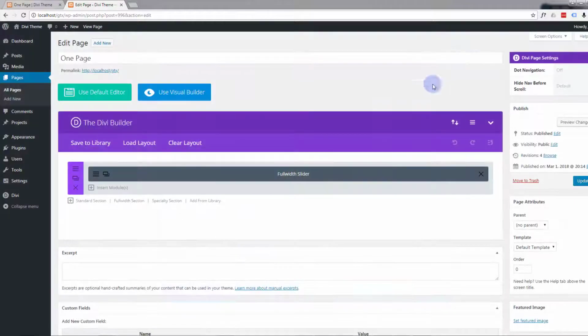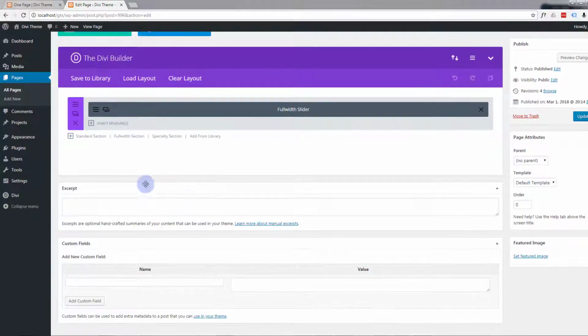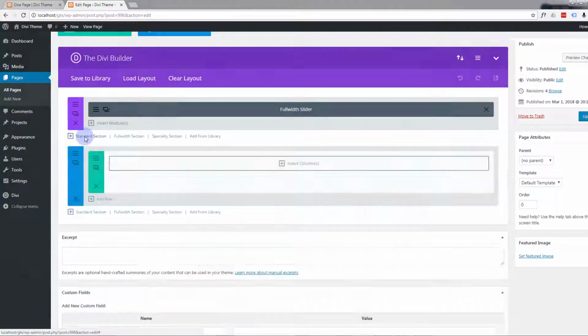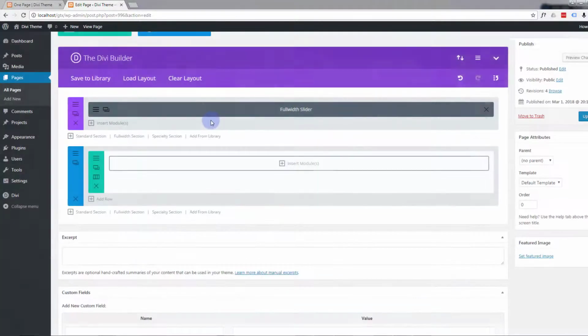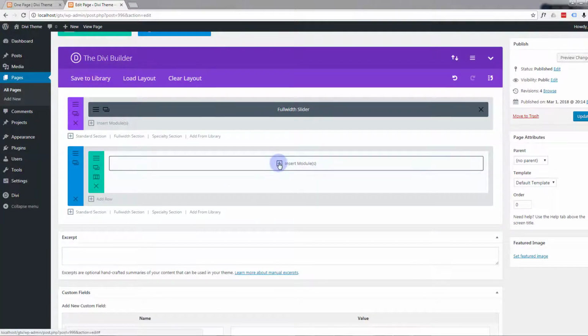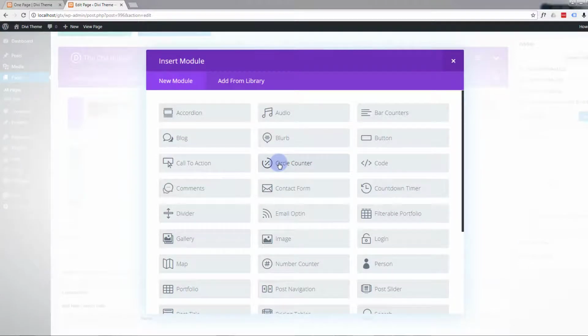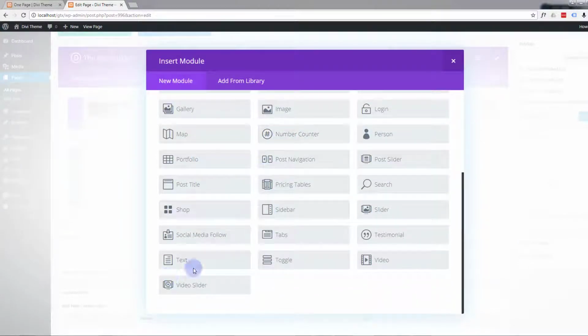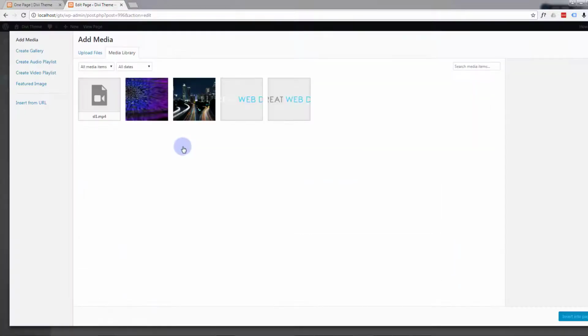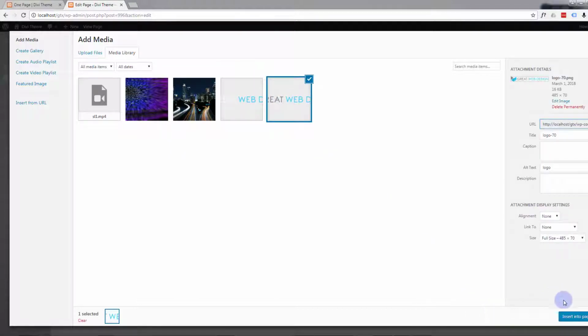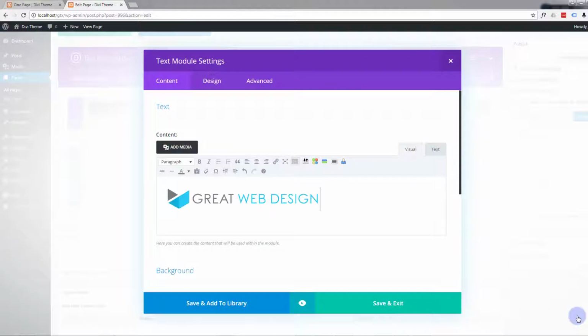Let's move on to the About section. So let's just create another standard section here. I'm going to make it just one column, and I'm going to insert a text block. Scroll down. I'm going to add our little logo for the top bit. I'm going to add the dark one, so just click on it. Insert it into the page. I'm going to drop down,